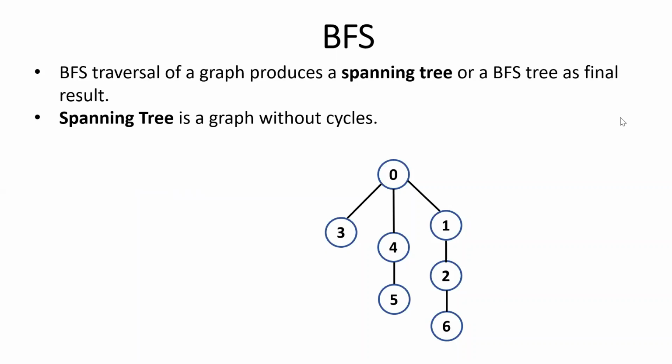Removing all those edges, we can make 0 the starting vertex, draw all other edges connected with 0, and make it a spanning tree. A spanning tree will not have any cycles. You can draw the back edges if you want, but they will be represented using dotted edges. Solid edges show the discovered edges. So the spanning tree, or the BFS tree, will be the output of the BFS.